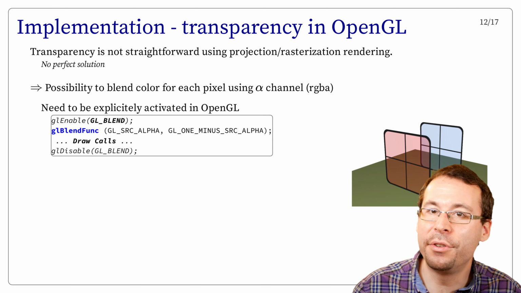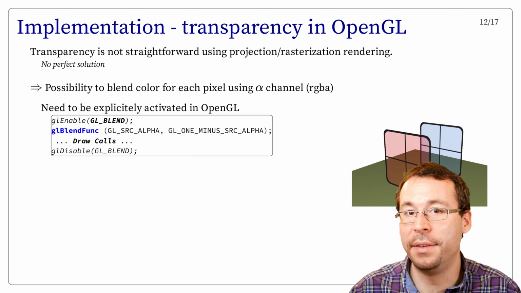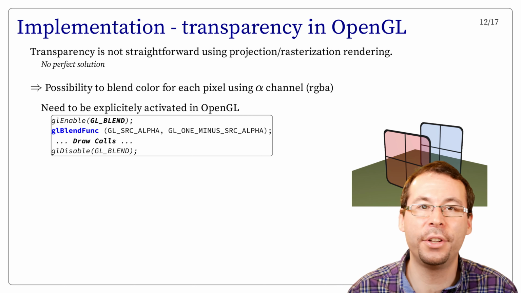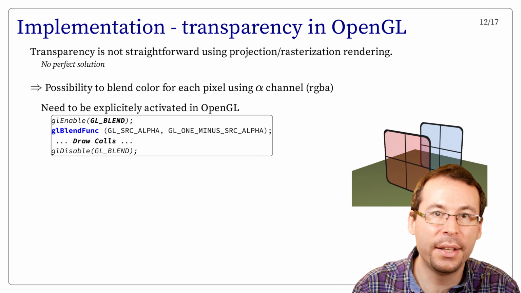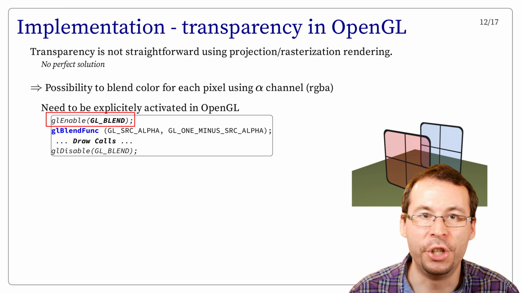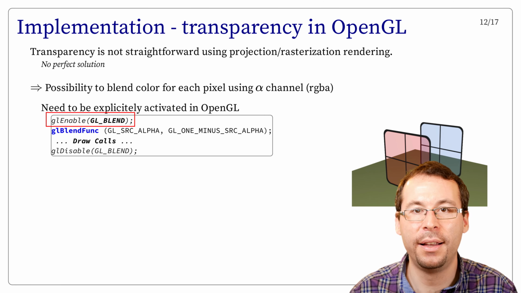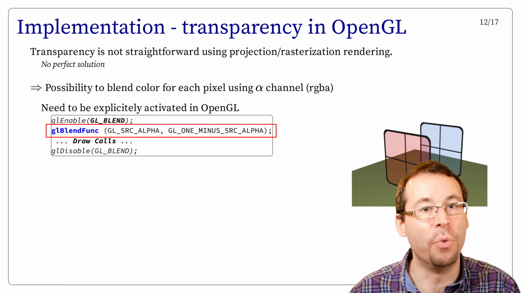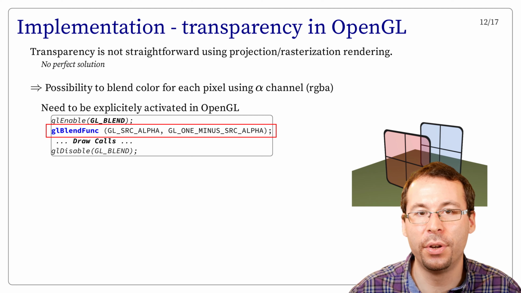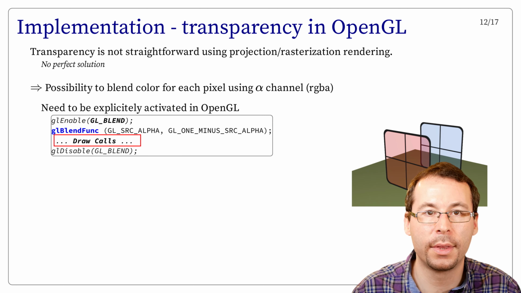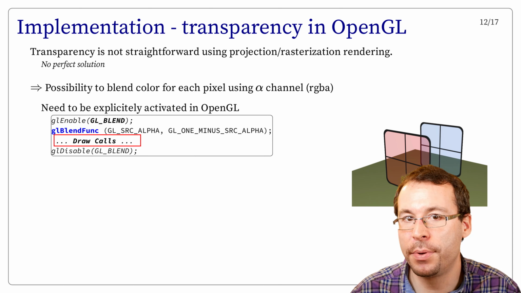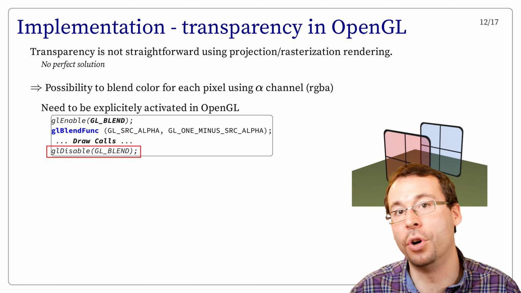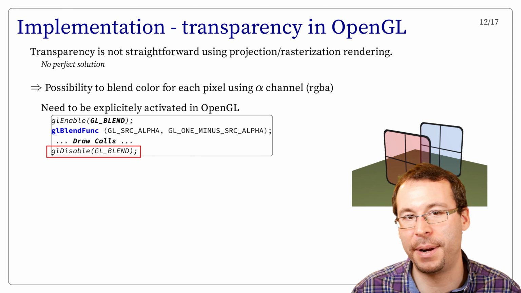But this color blending needs to be explicitly activated. So by default, the A component, the alpha component of the RGBA color, is not used. To activate it, you can use the following code. So glEnable GL_BLEND says that you will use color blending. And then you also need to set, at least once, the glBlendFunc with alpha, 1 minus alpha. And after this, you can draw your transparent shape. And after your draw calls, it's safer to deactivate it to avoid its use on other shapes that you don't want to be transparent.